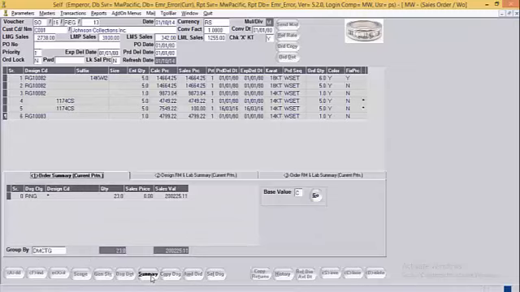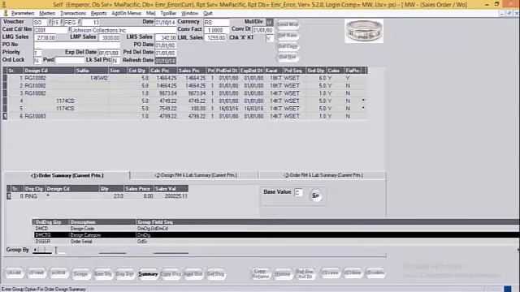Next is the summary button. Here user can see the summary for the order placed. Here is the group by option. Here user can change the level of the group by.